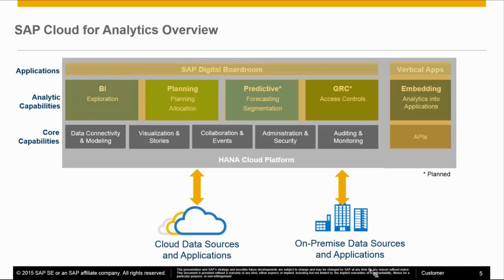This is really the heart of the simplification of Cloud for Analytics. It's all of these analytics capabilities from BI to planning today, which are available in Cloud for Analytics, that can all leverage this same underlying technology and plumbing. And then on top of that as well is the SAP Digital Boardroom. So it's the BI capabilities, planning capabilities in Boardroom that are all available today, GA.